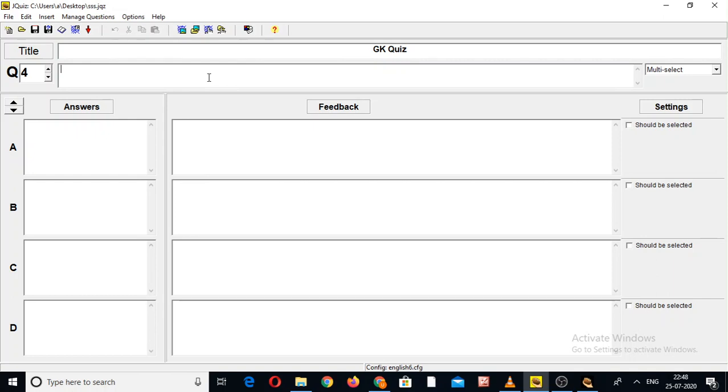So let us write the question. Which are the districts of Haryana? A. Ambala, B. Bhiwani. They both are districts, and both are part of Haryana. Options C and D are not part of Haryana. Kanpur is in UP, Lucknow is in UP, and Kota is in Rajasthan. So A and B should be selected. So this is question number 4. It's completed. Question number 5.